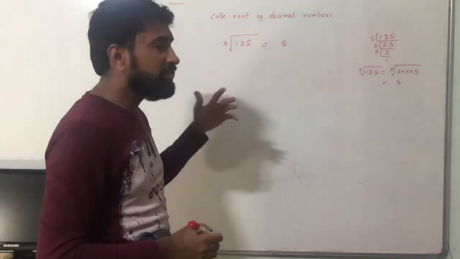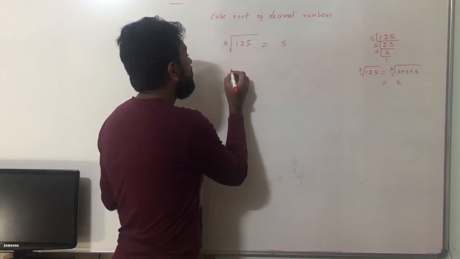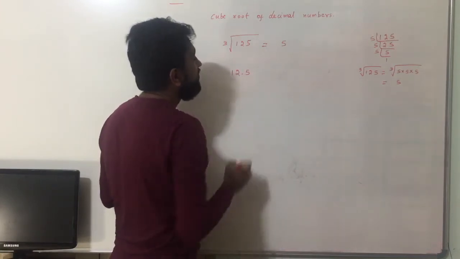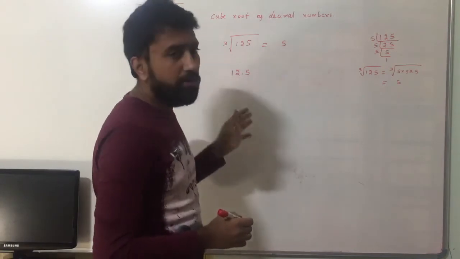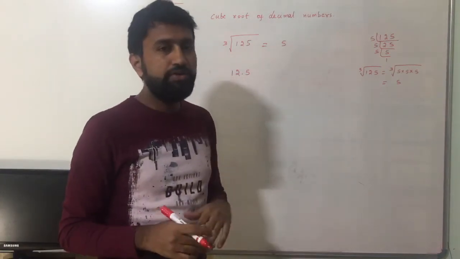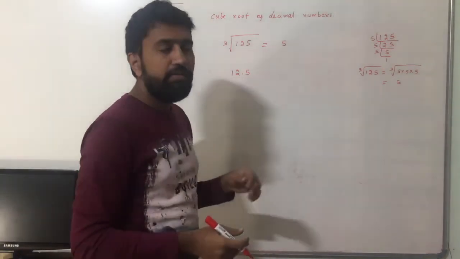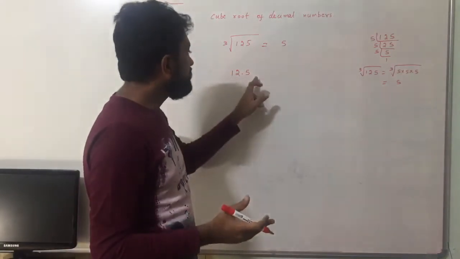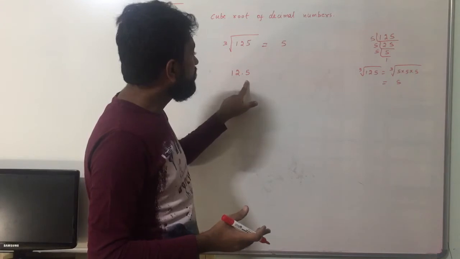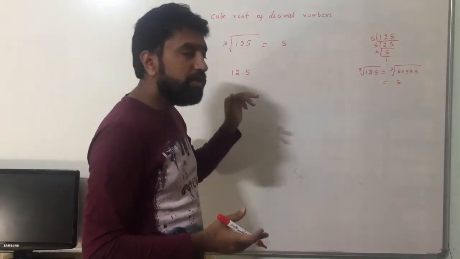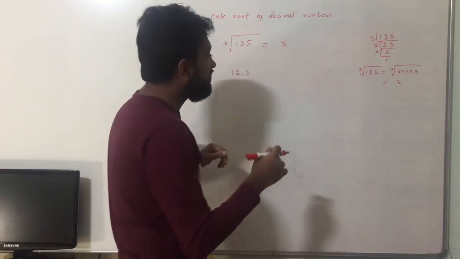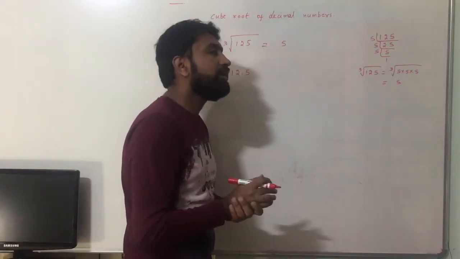Now for decimal numbers, if I have 12.5, can I find the cube root of 12.5? With a calculator, of course, you can find the cube root of 12.5. But without a calculator, in your examination, you are not allowed to use a calculator. So how can you find the cube root of 12.5? You cannot, because consider this example of, let us say,